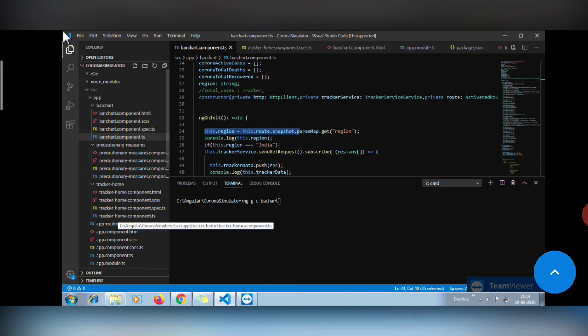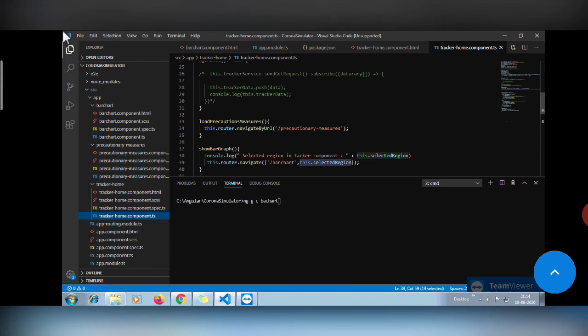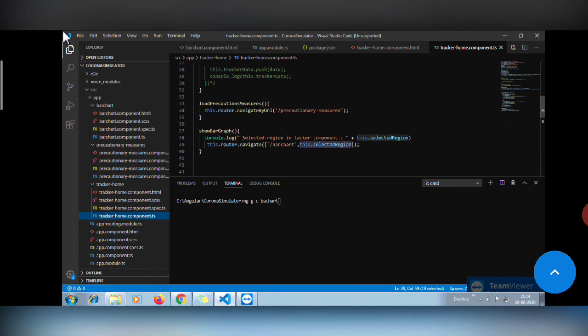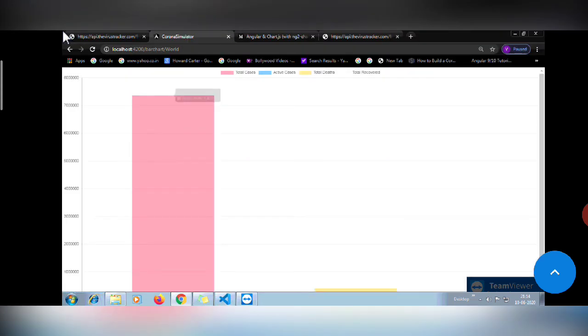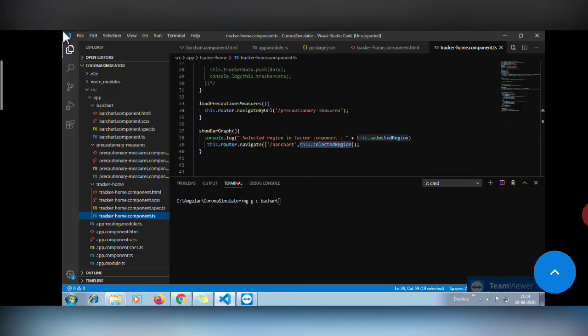For that we will go to tracker-home.component.ts, and from there when we click on show bar graph, it will go to this page. We are adding world and India, the region names, here. For this you just have to write this.router.navigate, as we used navigateByUrl earlier.